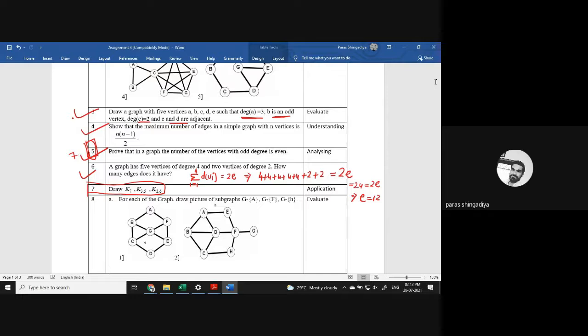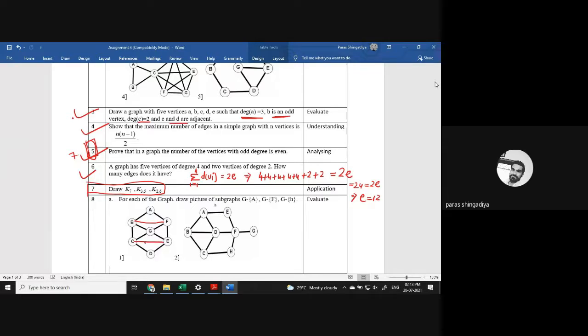Clear? Consider the first graph of question number 8. That is the answer of question number 6. Clear? First graph of question number 8, means this one which includes 7 vertices. Okay? And the 5 vertices of degree 4 and 2 vertices of degree 2. So we just require 2 more edges in this graph. Okay? And which 2 connections are required? Just connect B and F. Okay? Remaining are as it is. Remaining all the edges as it is. Just connect B to F and C to E.